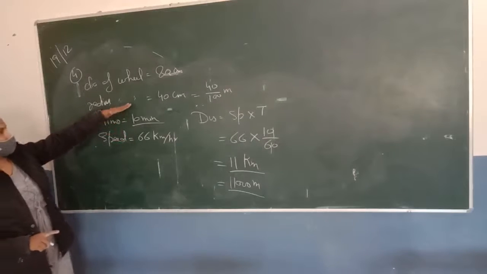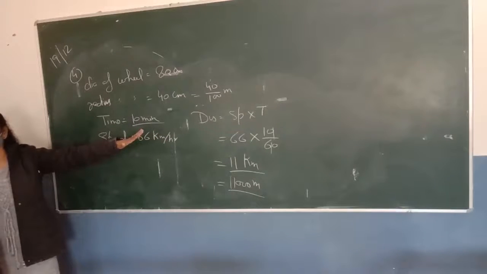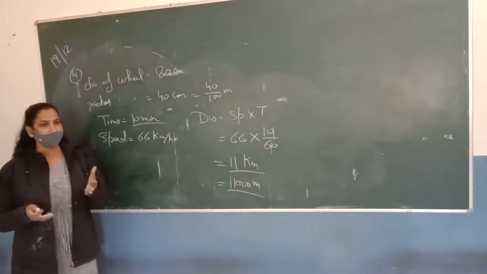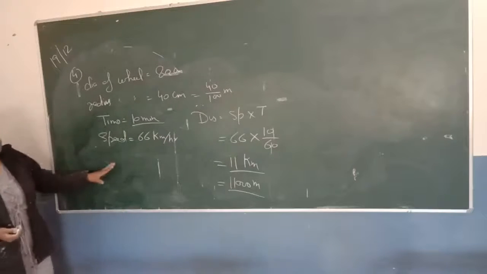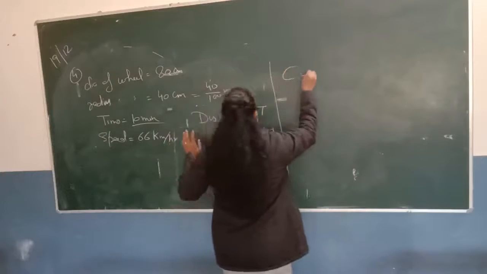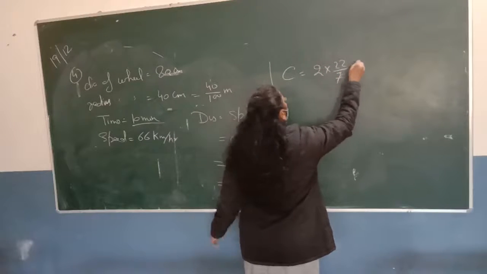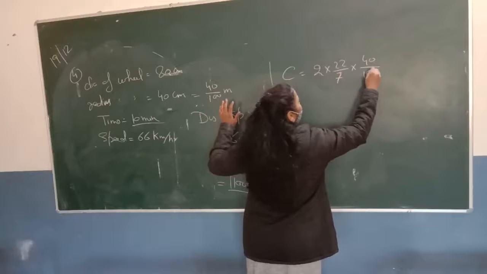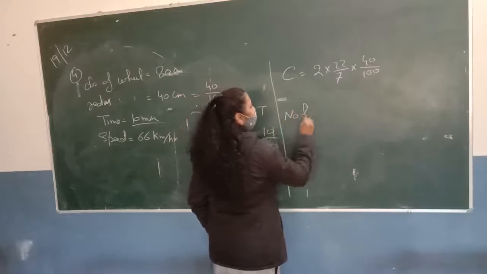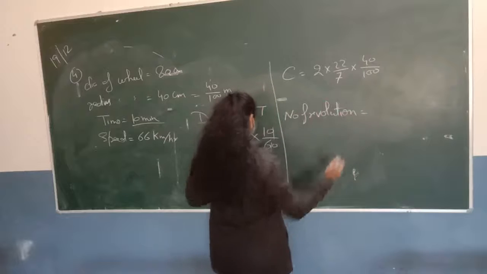So now we know the radius of the circle. How can you find the number of revolutions? Don't write it down. How can you find the number of revolutions? Distance upon circumference. So by using the formula, we can easily find the number of revolutions. So now the circumference of the wheel will be 2 pi r. And we are using the formula: number of revolutions is equal to distance covered, which is